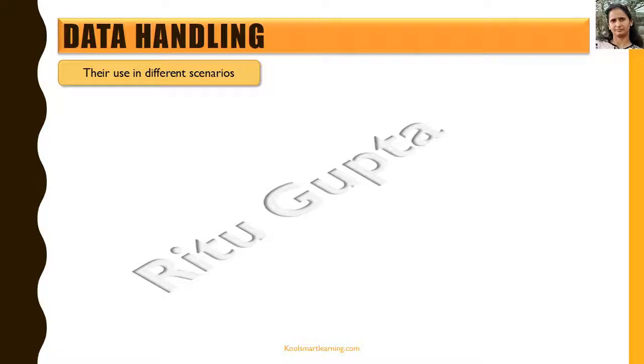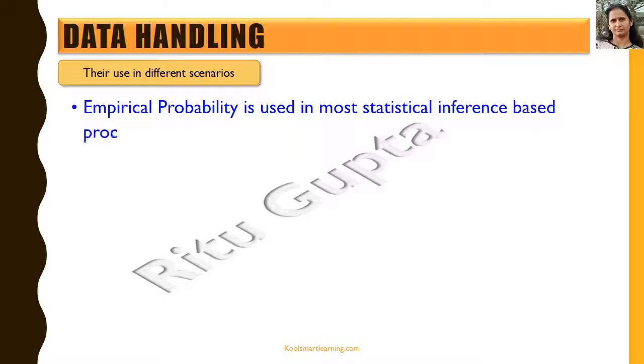So friends, now that we've talked about theoretical probability and empirical probability, let's understand their difference from a use perspective. Where is which one used? Empirical probability is used in most statistical inference based procedures like exit polls, match predictions, etc. When we're talking about matches, we clearly know that the two teams playing against each other are not